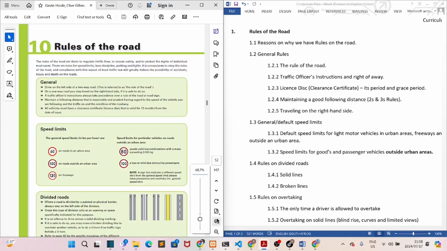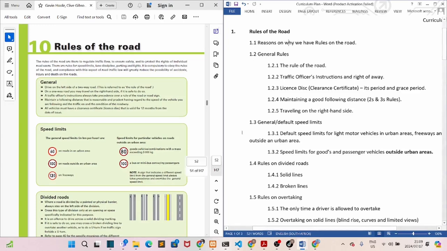First things first, why do we have our rules? But before I jump into that, guys, I hope you see on the right hand side there, I have a document. That document will help me to make sure that I cover all of those important rules, okay? So that's the document that we'll be following for this.